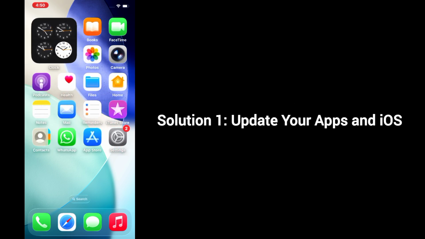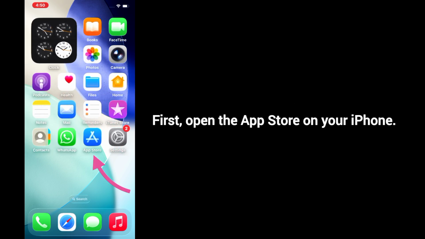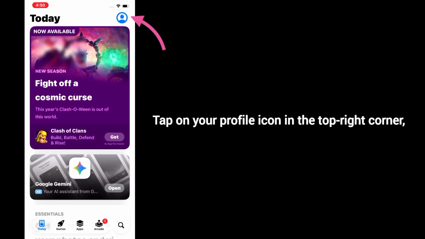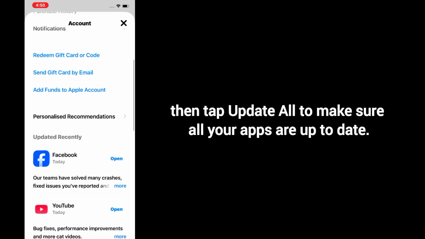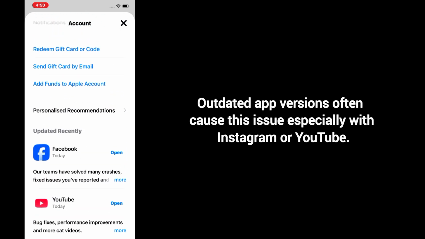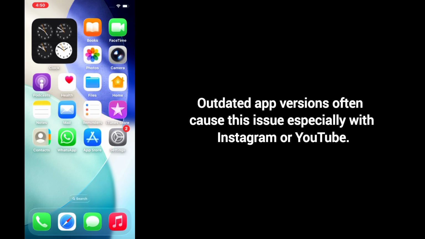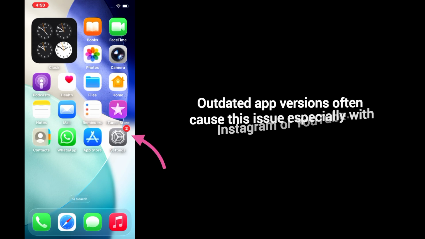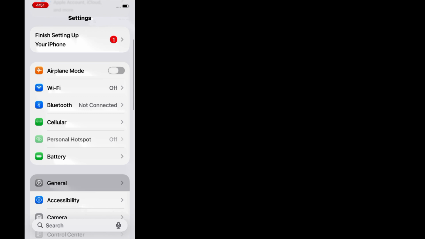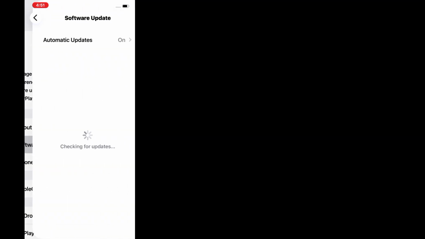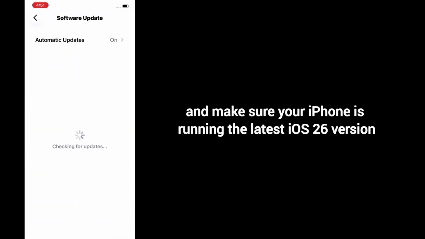Update your apps and iOS. First, open the App Store app on your iPhone. Tap on your profile icon in the top right corner. Then tap Update All and make sure your apps are up to date. Outdated app versions often cause this issue, especially with Instagram or YouTube. Go to Settings app, then tap on General, tap Software Update, and make sure iPhone is running the latest version